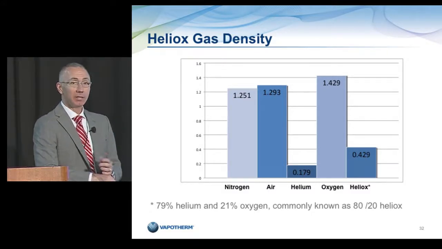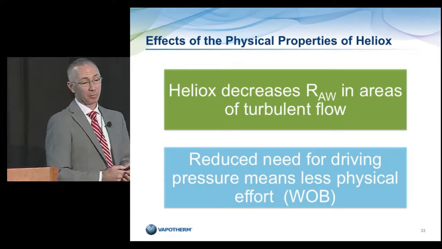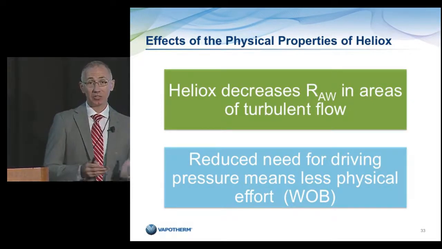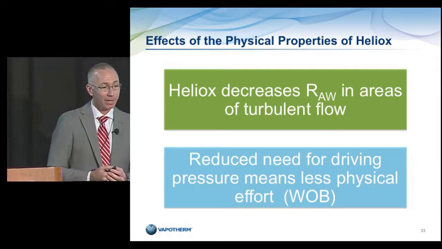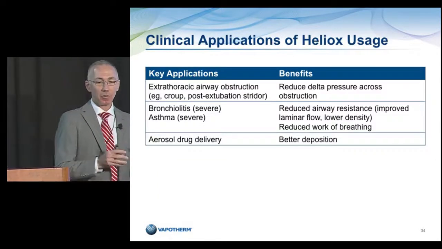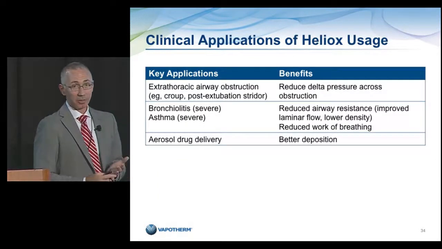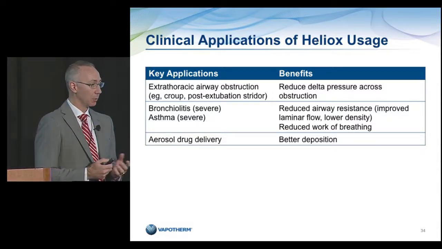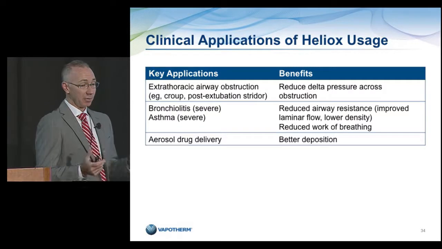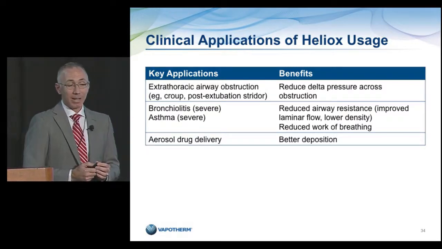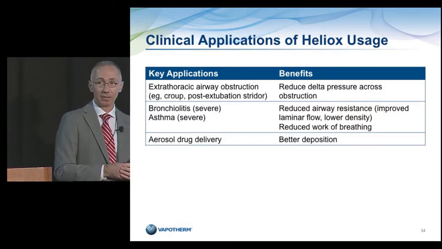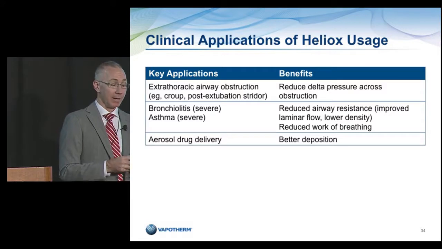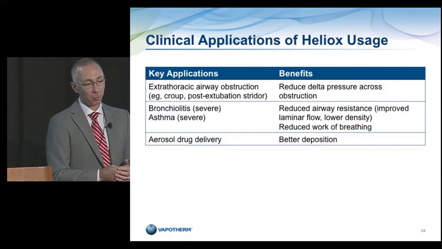So by using Heliox, we can decrease resistance in areas of turbulent flow, and by decreasing resistance, we decrease the driving pressure needed to move air in and out, which translates into decreased work of breathing. So key applications of the Vapotherm Heliox technology would be for patients with extrathoracic airway obstruction, such as croup or post-extubation stridor. It decreases, again, the pressure across that fixed obstruction. We have used it with great success in patients with severe bronchiolitis and severe asthma in the ICU, again, as a way of reducing the work of breathing necessary to move gas from point A to point B on these patients